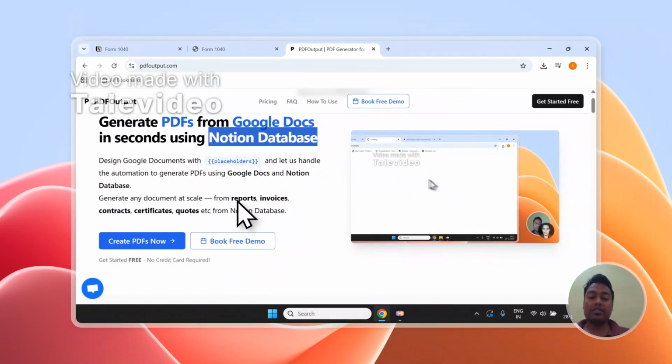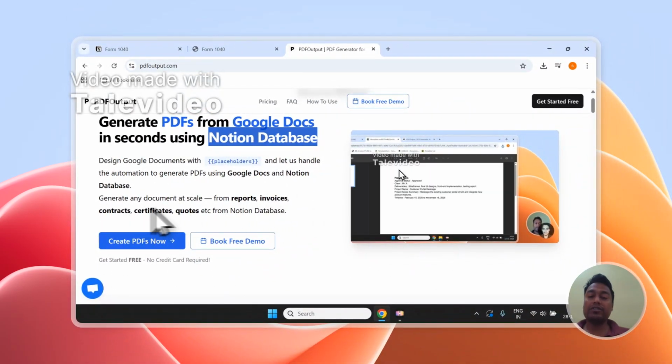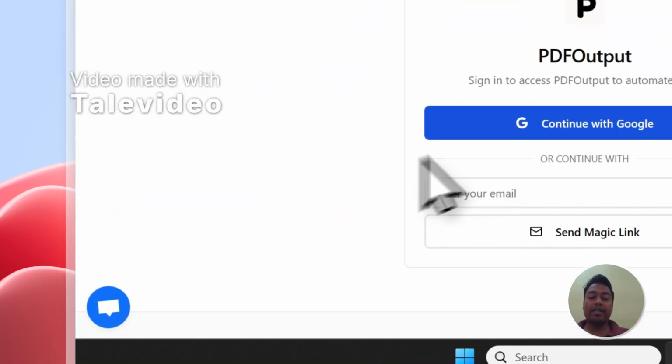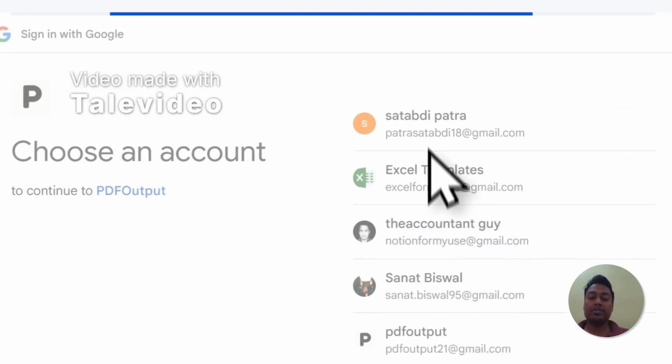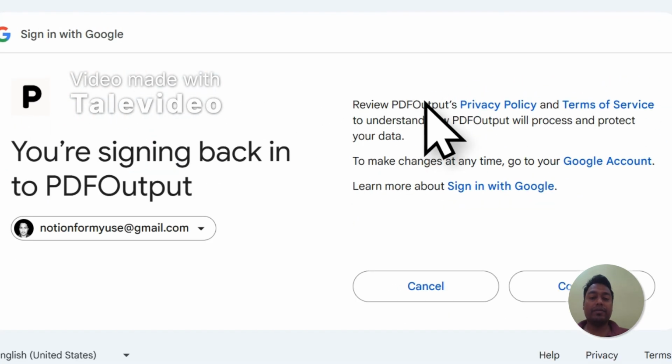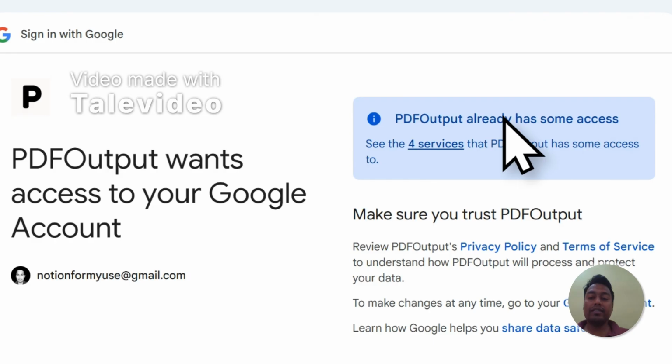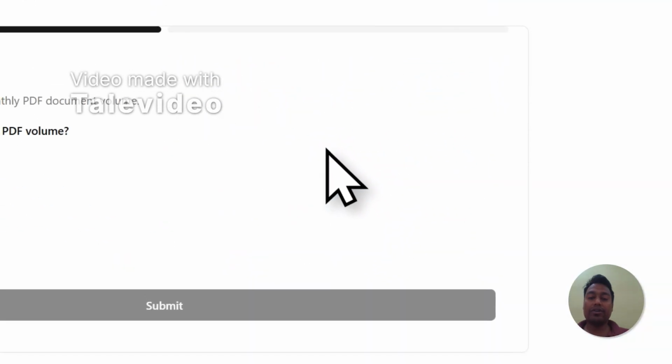We can create anything such as reports, invoices, contracts, certificates, or even quotations that you're generating on a day-to-day basis in your business. Click on create PDF and quickly sign in, and then you will understand the remaining automation steps, what we need to perform to create the PDFs. So I'm going to quickly sign in over here, and then I will showcase how to create the PDFs